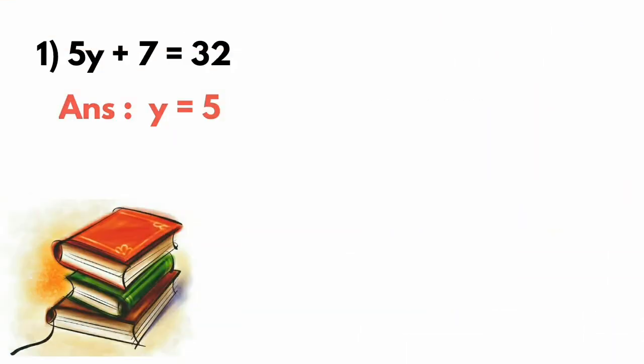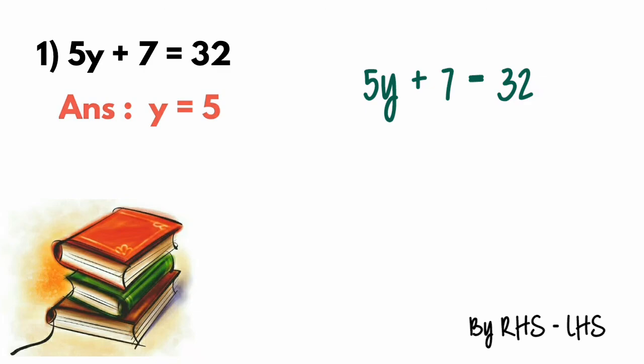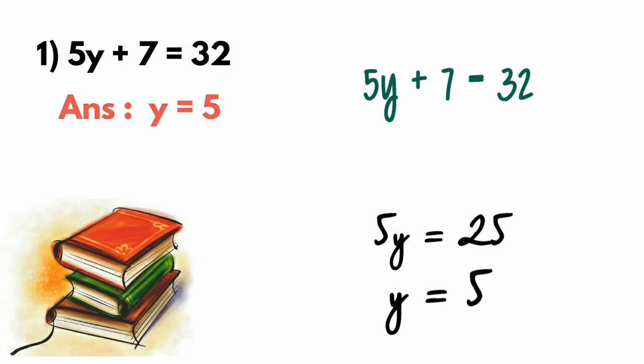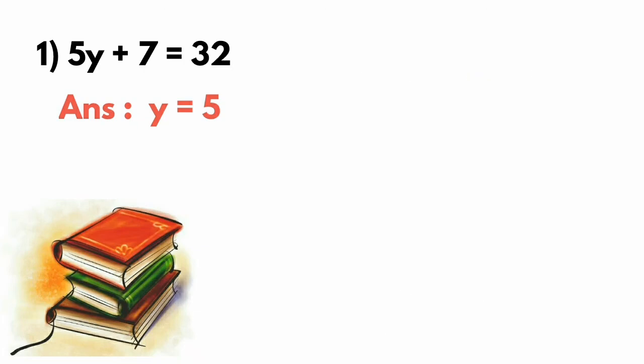This is the first example that we solved previously by the addition method. Here we solve this by the shortcut method, just by transferring the numbers from the right side to the left side. So the rule says the 32 as it is, the plus 7 will become minus 7. So 5y is equal to 32 minus 7, and the 5y will become 25, and the value of y will become 5. At the final step, we have to divide the numbers to get the value of the variable, that is 5. So in that way we can also get the answer.